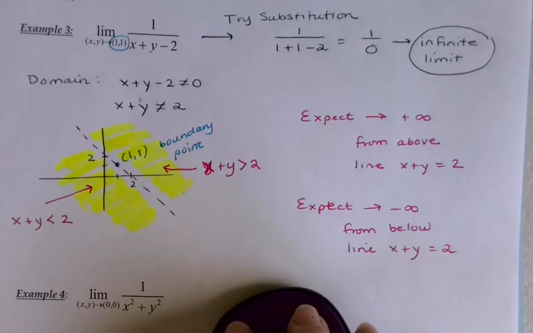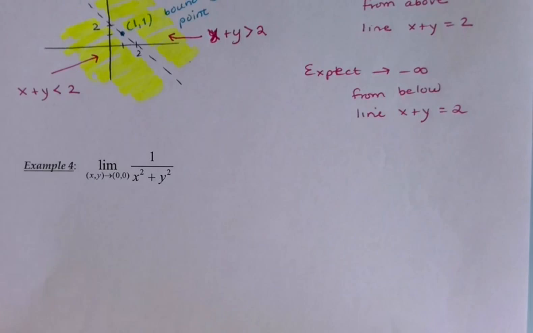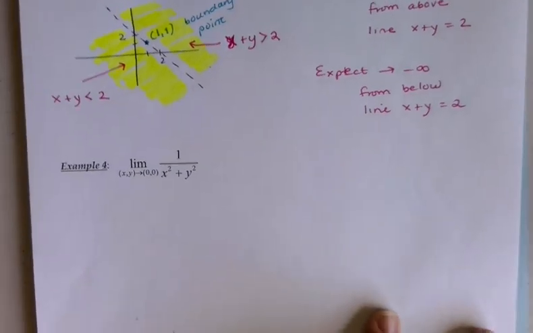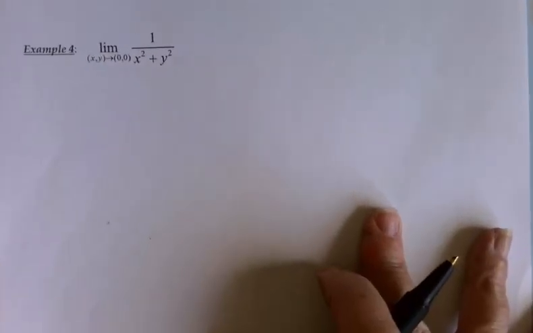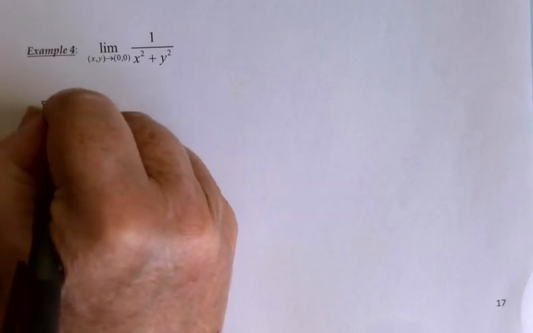All right, back to our pencil and paper here. Let's do one more like this. This time I'm taking the limit as x, y approaches 0, 0, and my function is 1 over x squared plus y squared. As far as the domain,